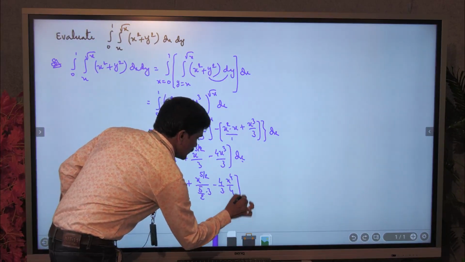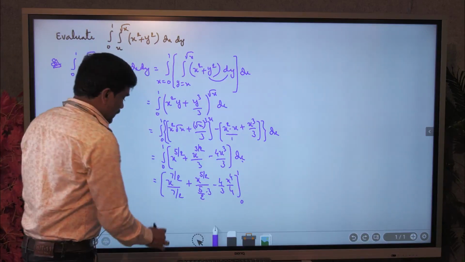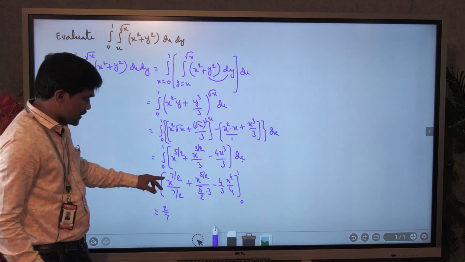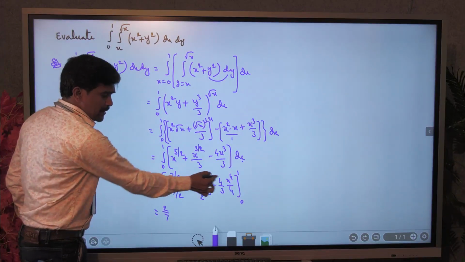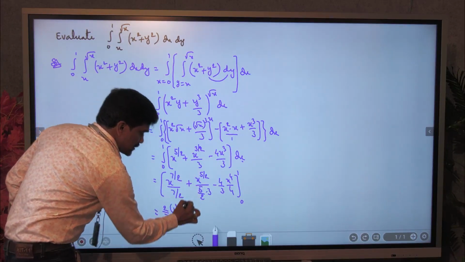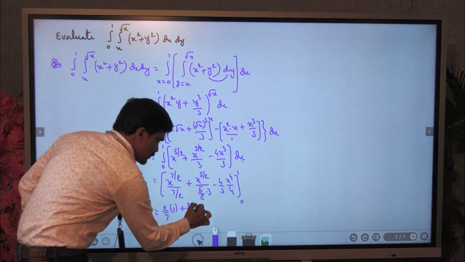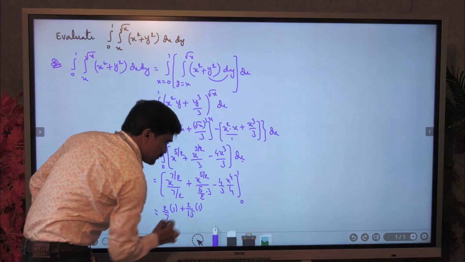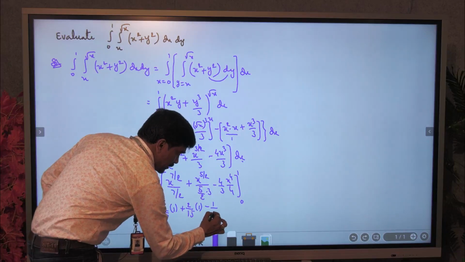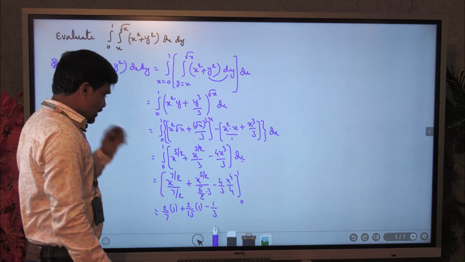Write limits from 0 to 1. Then substitute upper and lower limit. Right, here now 2 by 7, 7 by 2 take into numerator, 2 by 7 x power 7 by 2, upper limit 1. Plus, here this is 2 by 5 into 3, that is 2 by 15, x power 5 by 2, that is also upper limit 1. Minus, here 4 cancels, upper limit 1 by 3. So clearly lower limit 0. Right? Simplifying this.